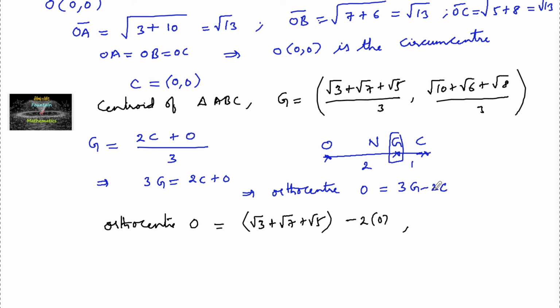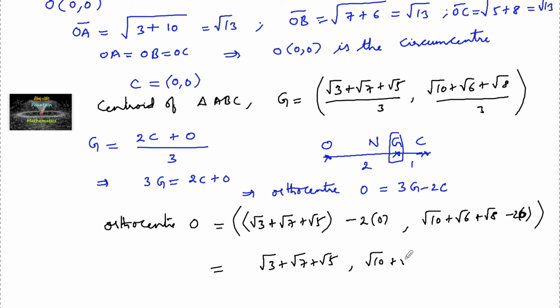This is the x coordinate, and similarly the y coordinate is 3 times (√10 + √6 + √8) minus 2 into 0, which is equal to (√3 + √7 + √5, √10 + √6 + √8). So this is the orthocenter, so we can go with option